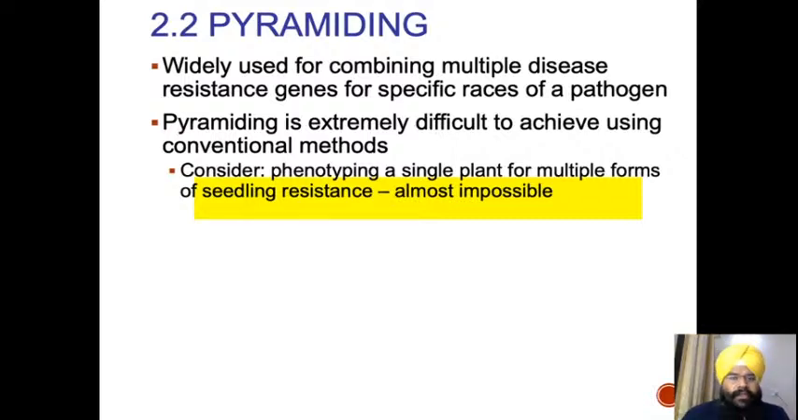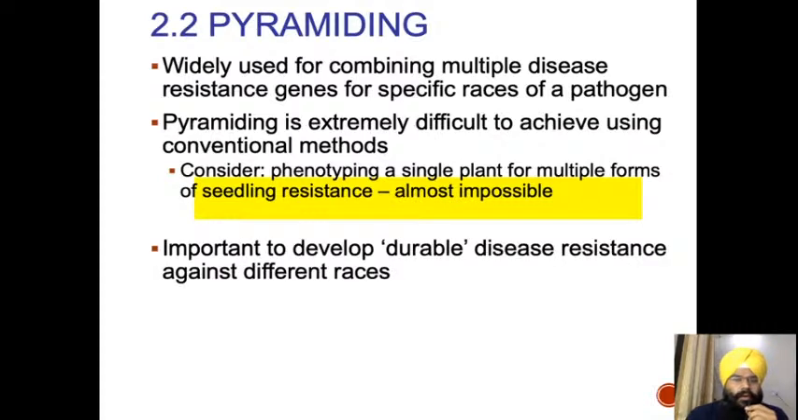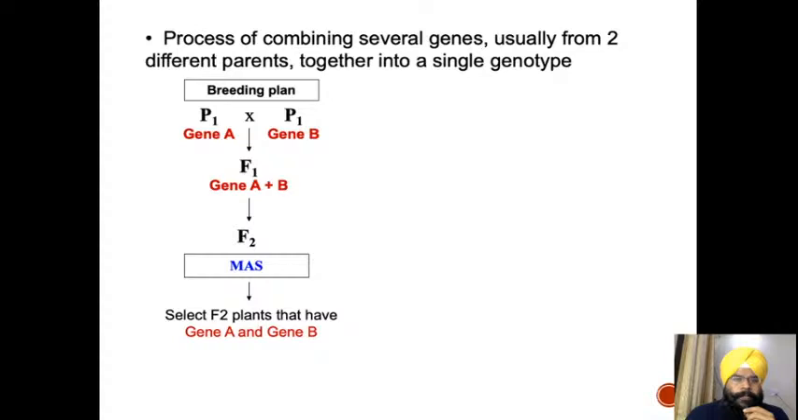So pyramiding is extremely difficult to achieve using conventional methods. Consider phenotyping a single plant for multiple forms of seedling resistance, almost impossible, and it's important for durable resistance against different races. So in pyramiding, what we are doing is combining several genes using two different parents